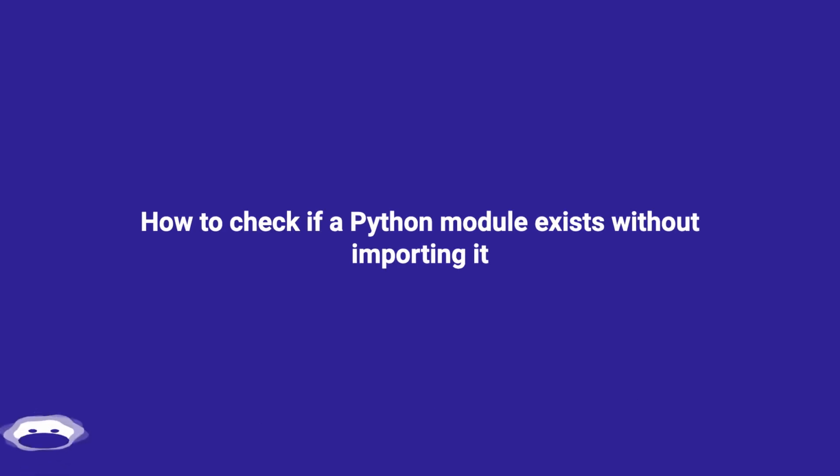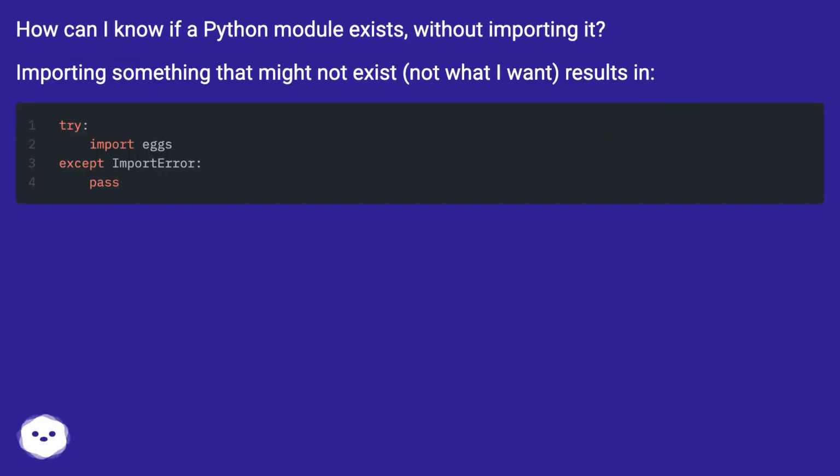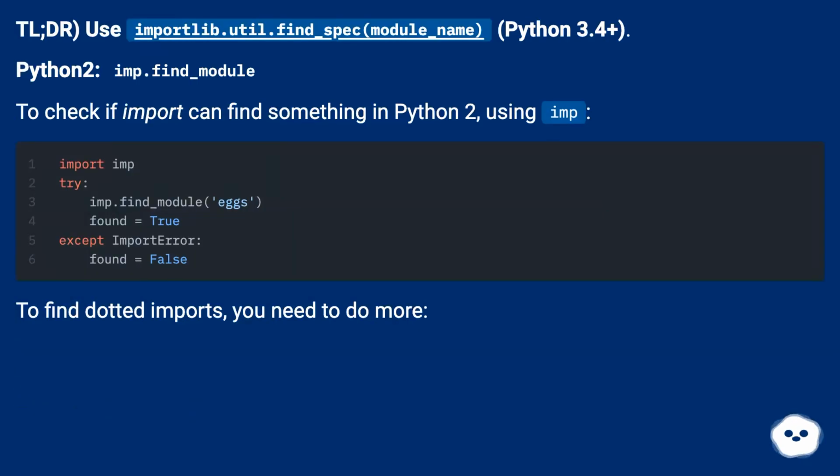How to check if a Python module exists without importing it. How can I know if a Python module exists without importing it? Importing something that might not exist, not what I want, results in an error. TLDR, use